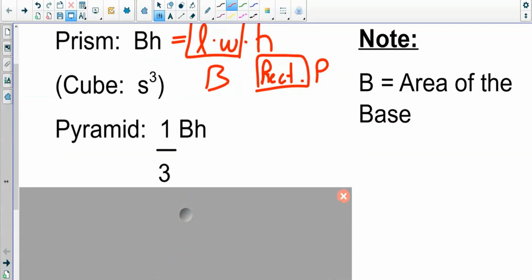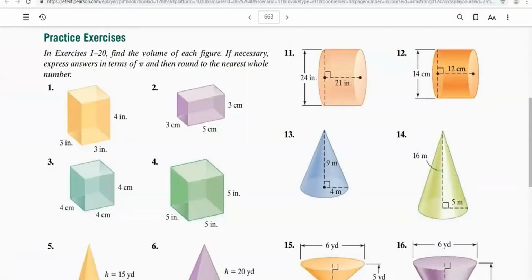And what's cool about the pyramid is that pyramids are prisms in disguise. Pyramids are prisms in disguise. Okay? To find the volume of a pyramid, a pyramid is basically like inside a prism. If I give you a prism, for instance, inside these 4 prisms that are up here are really 3 pyramids. There are 3 pyramids stuck inside each one of those prisms that all have the same